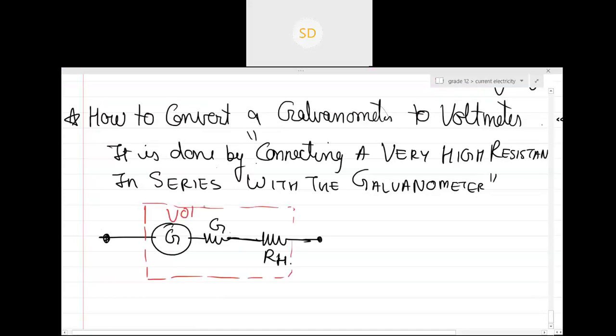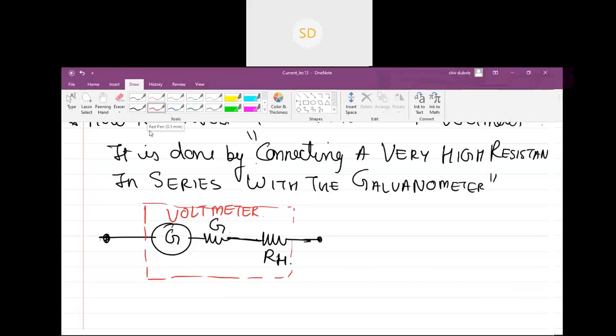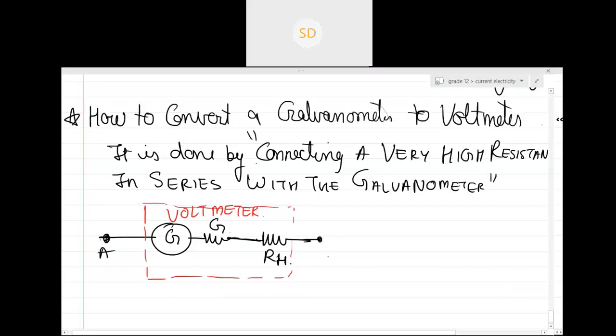So basically, this device is your voltmeter. Now, where will you see the deflection on this voltmeter? You will see the deflection over here at the galvanometer. And these 2 points will be connected where you want to measure the potential difference. Is this clear? Wait, there is no shunt resistance in a voltmeter. Now it's a voltmeter. Yes.